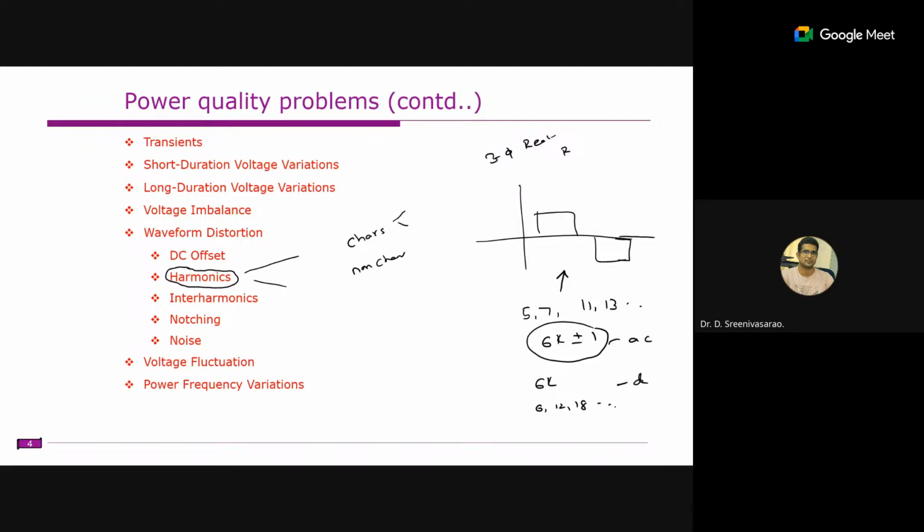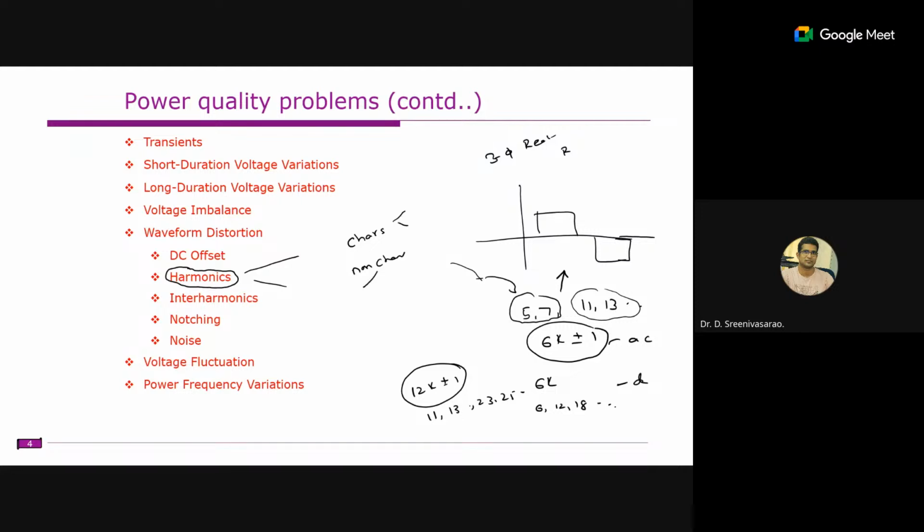These are characteristic harmonics, irrespective of the load conditions or the firing angle. We always expect this kind of harmonics in the three-phase rectifier circuit. That's why they are known as characteristic harmonics. Similarly, in the case of a 12-pulse converter, the harmonic order will be 12k plus or minus 1. So we have harmonics of 11, 13, and 23, 25, and so on. This is known as characteristic harmonics, which means we can easily predict the order of the harmonics.